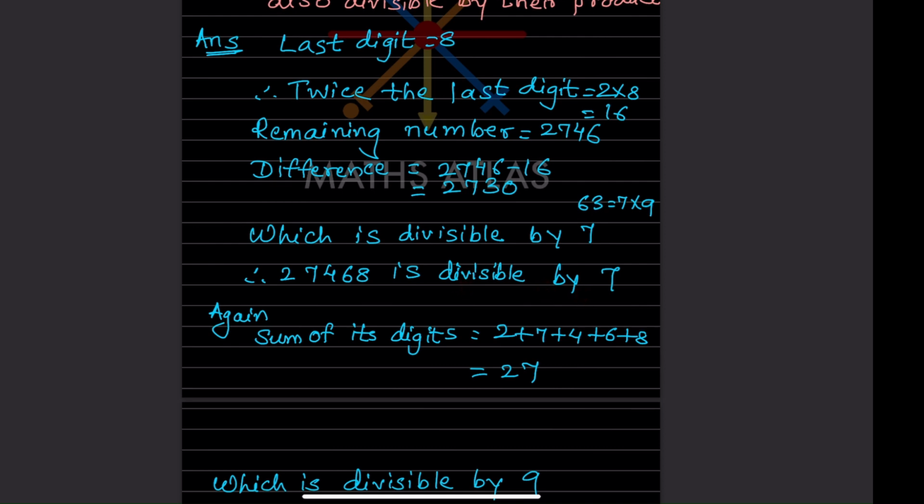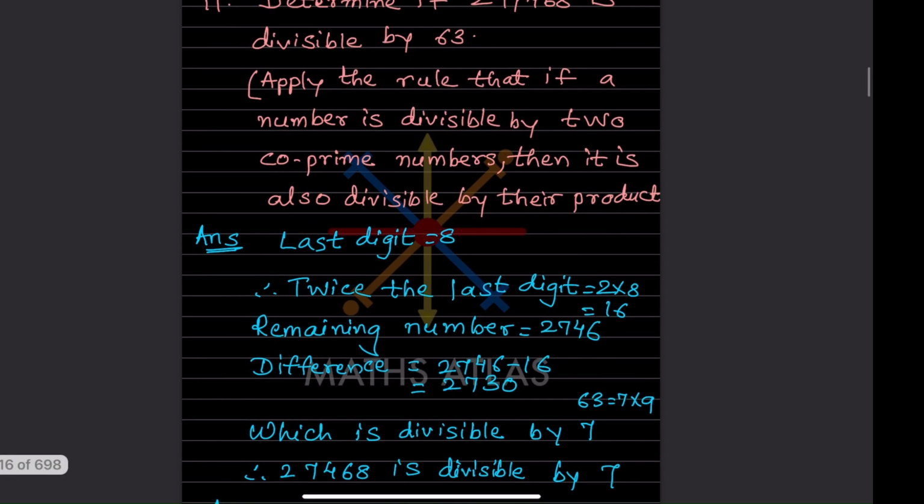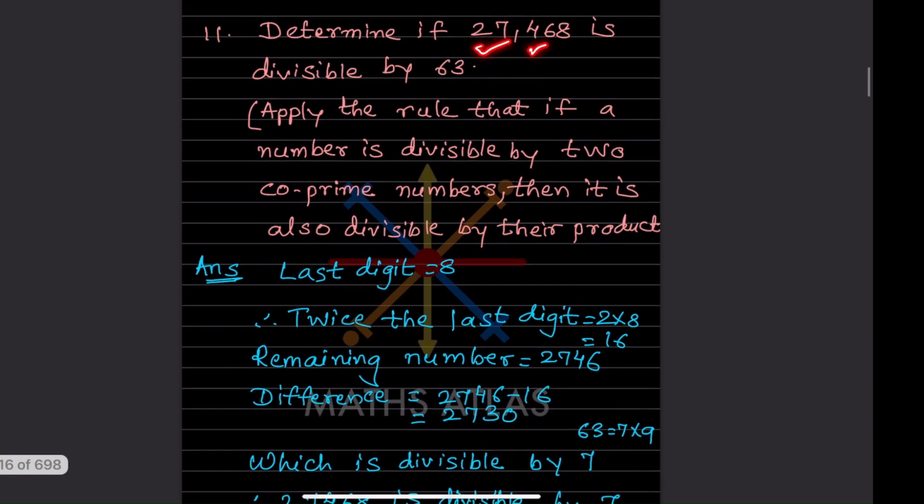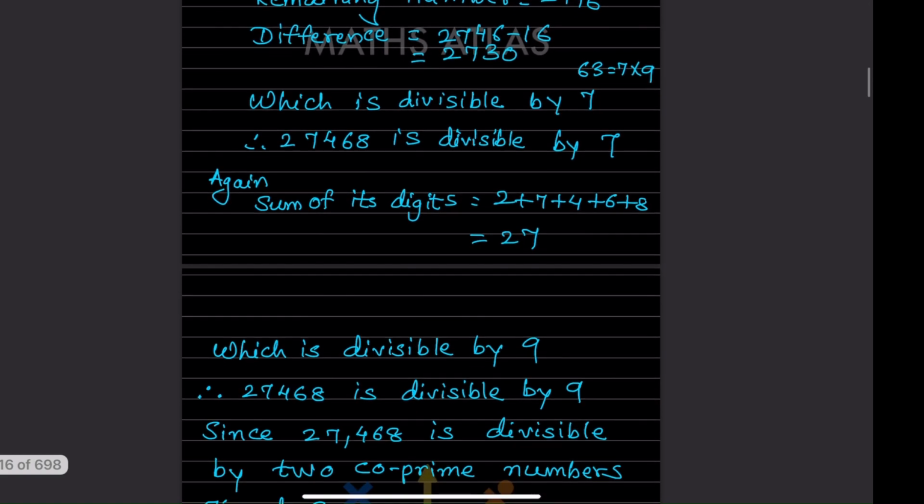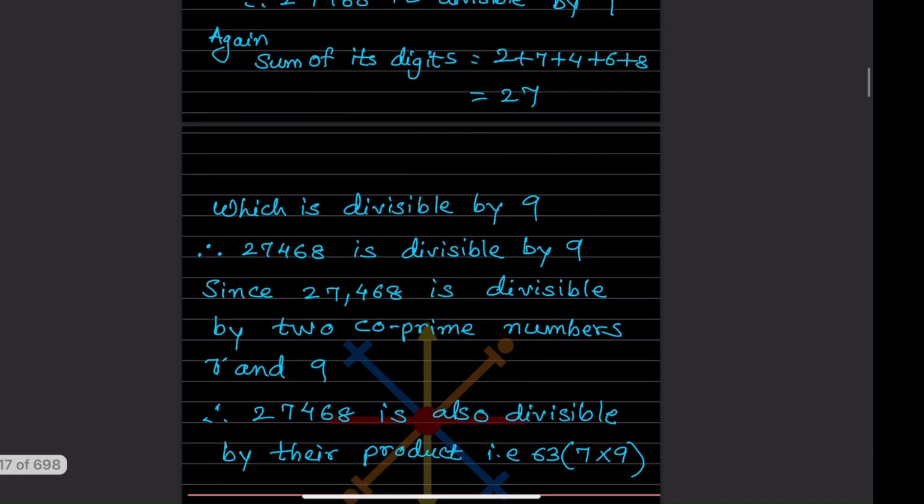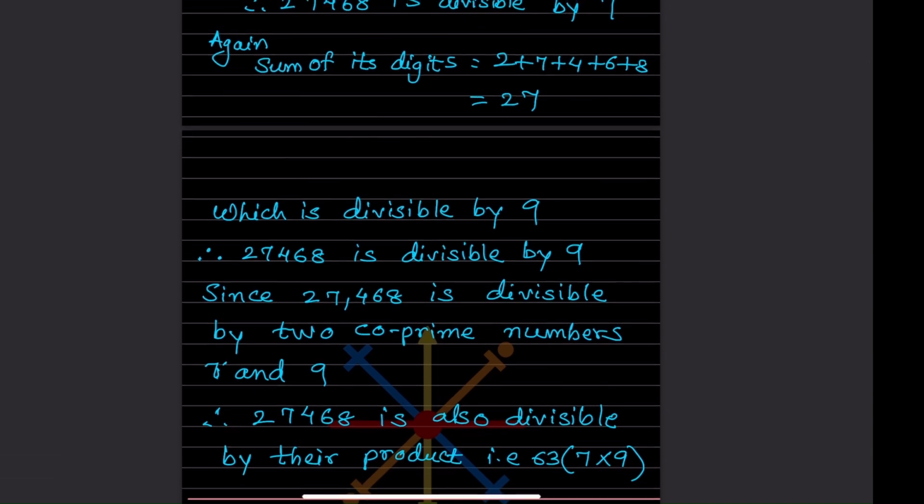So again, what will you do? You will take the sum of its digits. So we got 2 plus 7 plus 4 plus 6 plus 8, so that is 27, and that is divisible by 9. Therefore, we can say 27468 is divisible by 9, since